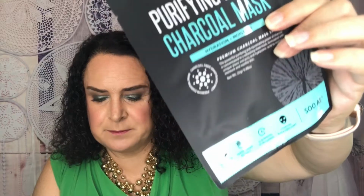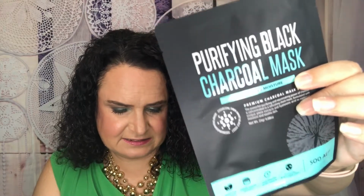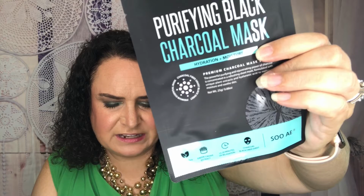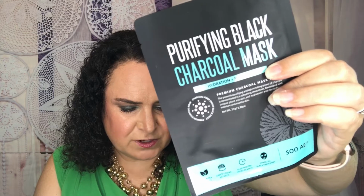So this one is a repeat from last month. It is the Soleil Purifying Black Charcoal Mask, retails for $2.50. The Soleil Purifying Black Charcoal Mask is formulated using Korean Binchotan charcoal, a renowned anti-inflammatory that purifies the skin